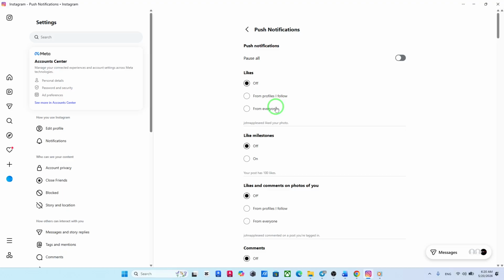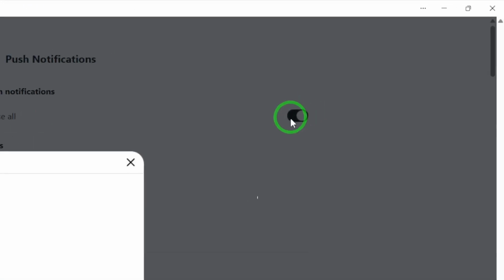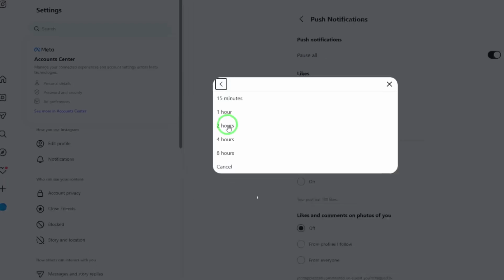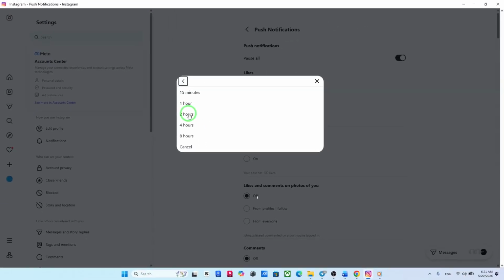At the top of this section, you'll see an option called Pause All. Turn this on, and Instagram will give you a few time options to choose from. Select 2 hours. Once you do that, all your notifications will be temporarily muted for the next 2 hours. You won't receive any push alerts during this